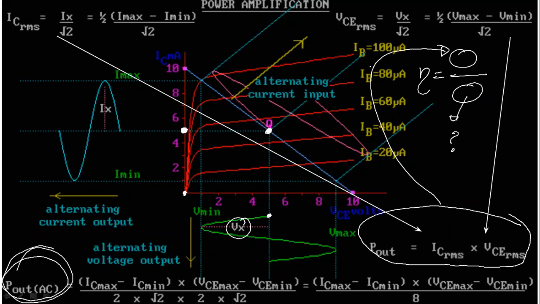Please note down this one. Then I have to go to the next slides. You have to draw this characteristic graph also, this load line and other stuff. Please note down this one. Then I'll go to the next slide. What I did here, I just computed the AC power out to the load. This is AC power out to the load. My next step is to compute the value for DC power taken from the supply. Please note down this one.